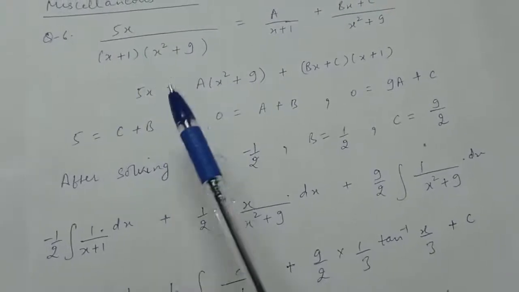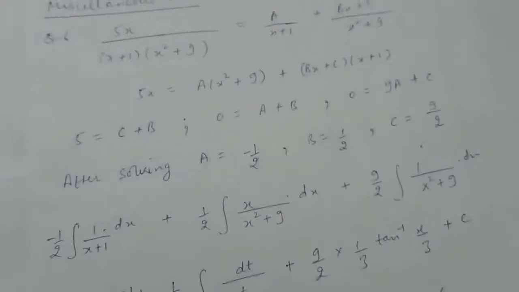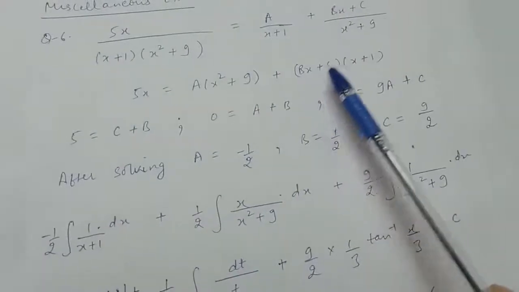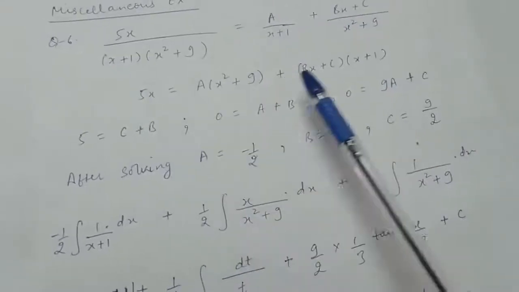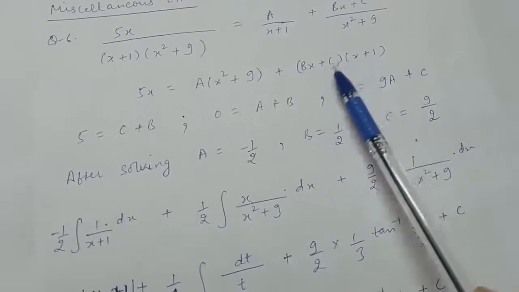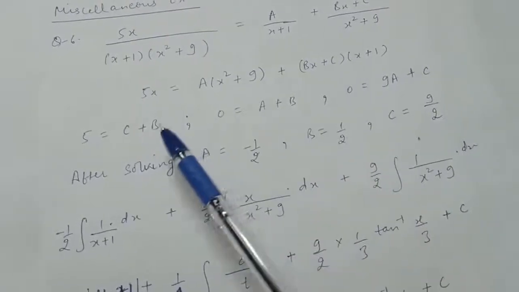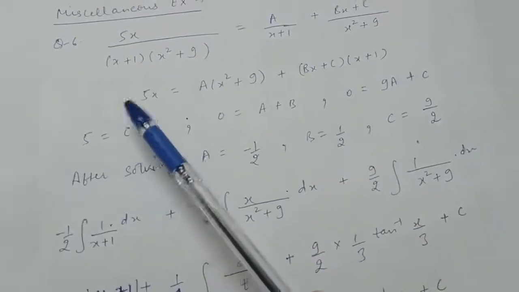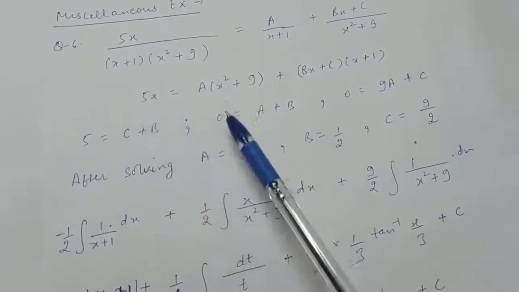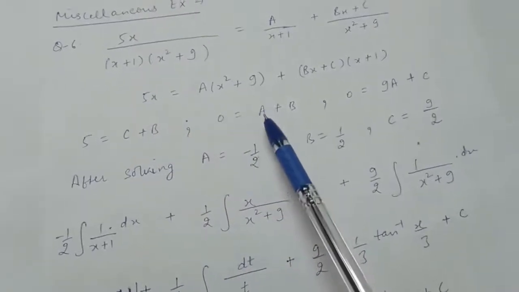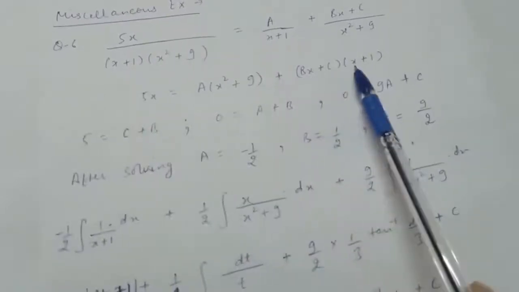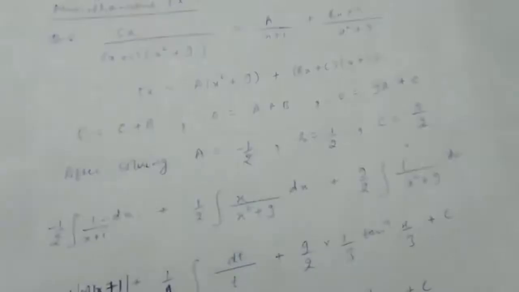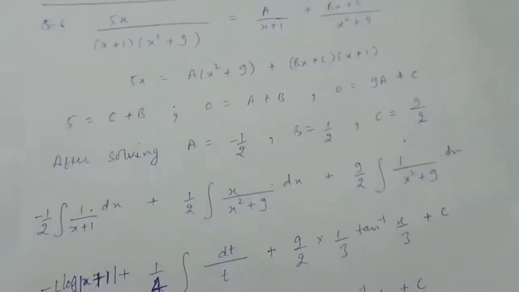Here the coefficient of x is 5 and on the right side coefficient of x is, when you will multiply this Bx with 1 you will get Bx. So coefficient of x is B. Also when you will multiply this C with x you will get Cx. So the coefficient of x will be B plus C. Now from here coefficient of x square is 0 and here you will get the coefficient of x square as A plus B, because A into x square and this is B into x square, right? So the coefficient of x square on the right side will be A plus B.